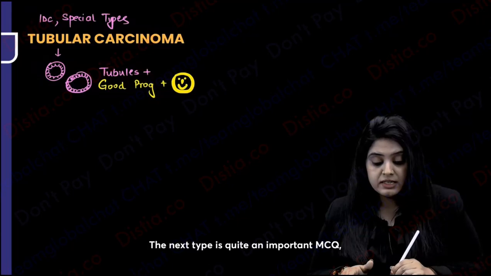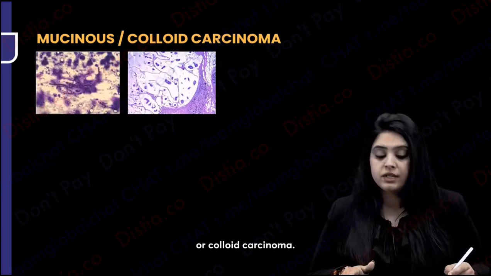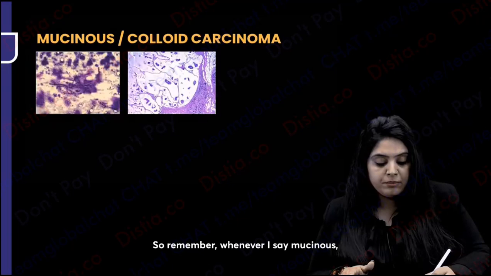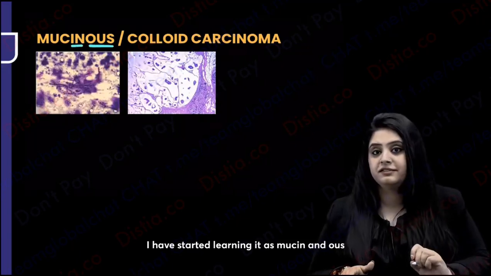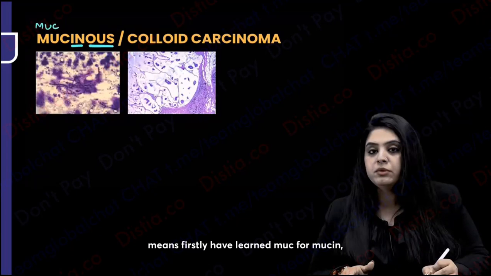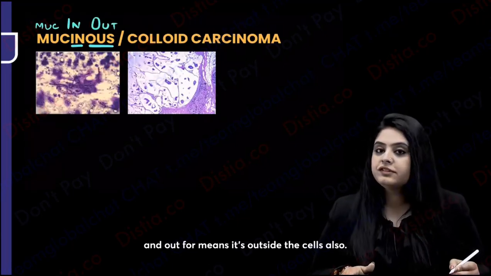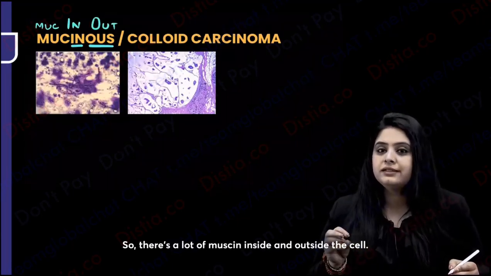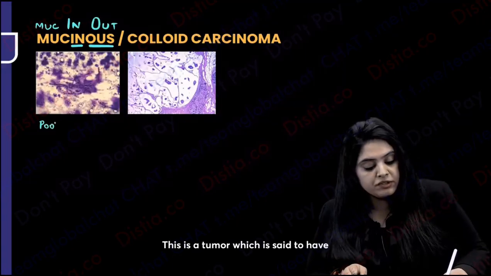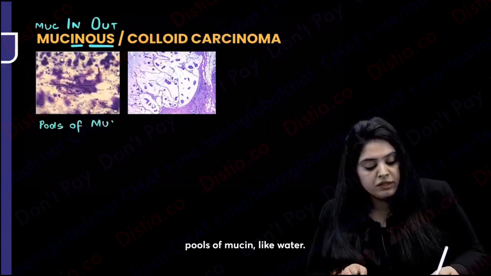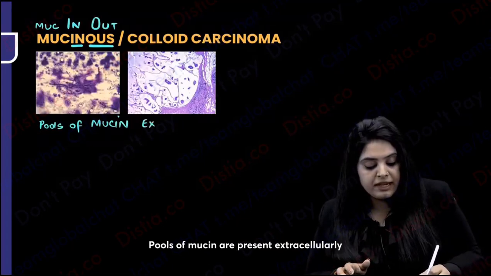The next type is quite an important MCQ, so listen to me very carefully. There's something called the mucinous or the colloid carcinoma. So remember, whenever I say mucinous, I have started learning it as mucin and us. Firstly I've learned muc for mucin, in for it's inside the cells also, and out for it's outside the cells also. So there's a lot of mucin inside and outside the cell. So how do we define it? This is a tumor which is said to have pools of mucin, like water. Like water, the mucin is floating around. Pools of mucin are present extracellularly,